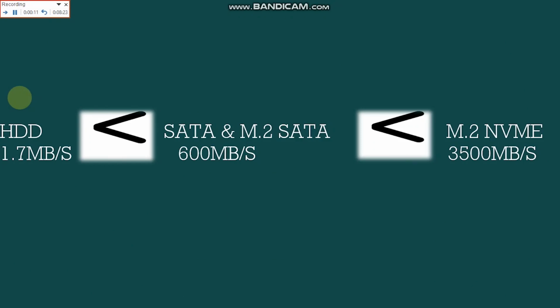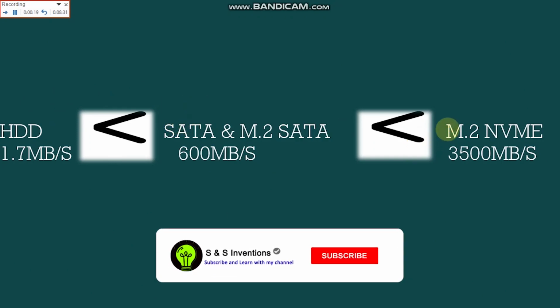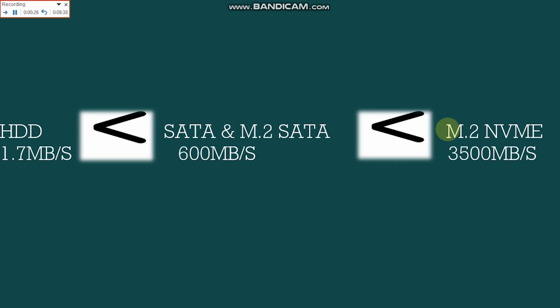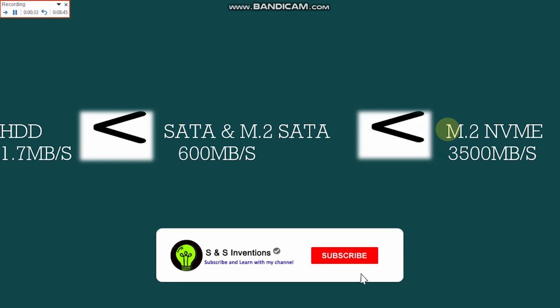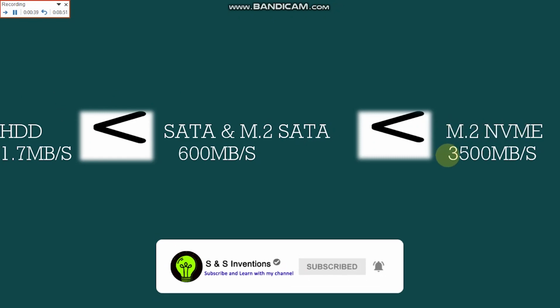From this, you can get a clear idea about hard disks and SATA, M.2 SATA and M.2 NVMe. In HDD, speed is 1.7 MBs, but in M.2 SATA and SATA it is 600 MBs speed. M.2 NVMe has more speed, it's